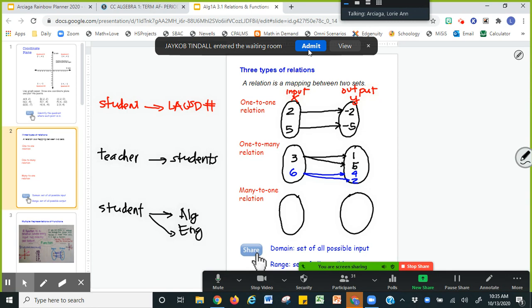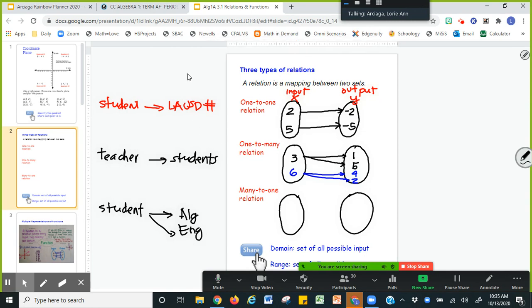For a many to one, let's say you have how many teachers? You have 6 teachers, right? For the different subjects. So you have 3 teachers and all of them, let's say, I'm just gonna put a student. There you go. So you have